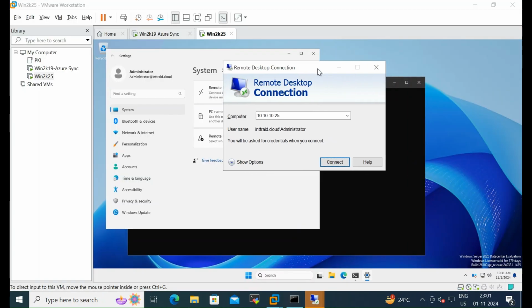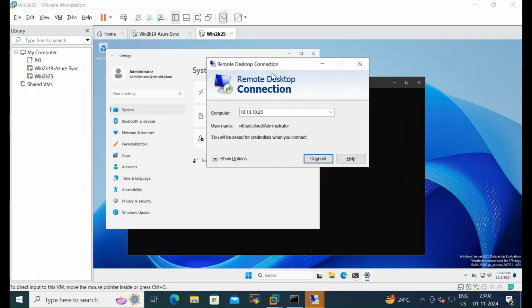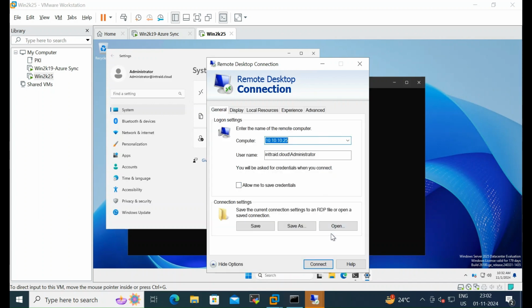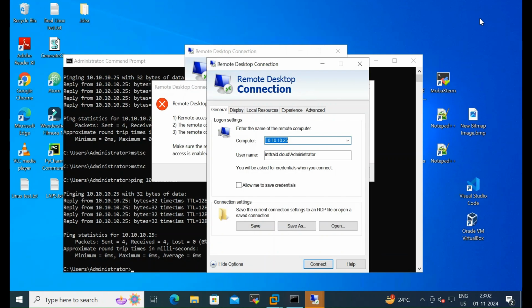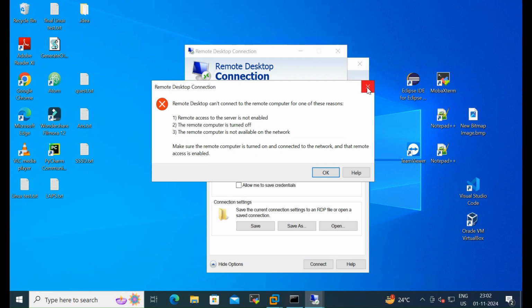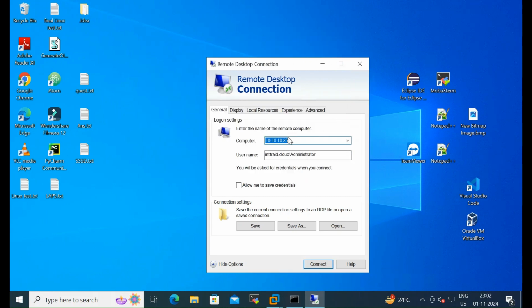So this is the remote desktop application where you can take the RDP. But let me describe more on this. There are many features available here to take the RDP. Okay, let me minimize this one. This is the error we received. So there are many features here for taking the RDP, like